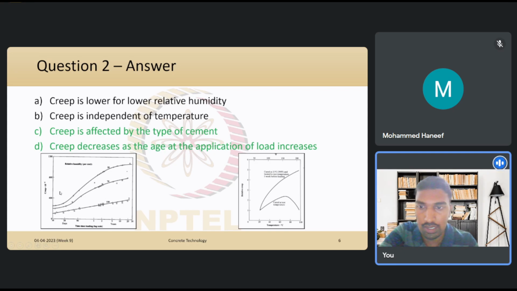Option D says creep decreases as the age at the application of the load increases. Again, we go back to the graph on the left. Here we consider any one particular relative humidity, and then we look at what happens as the time since loading changes, right? As the time becomes larger and larger, we have sustained the load for longer periods of time. So what happens at that time? The creep is actually increasing. You sustain the load for a long period of time, you will see more and more creep, right? That's what we are observing from this graph. But the right